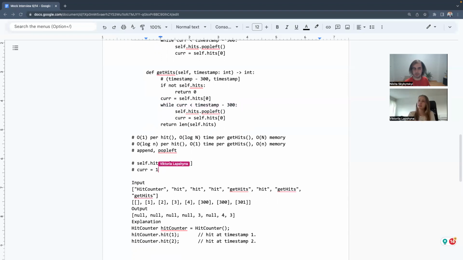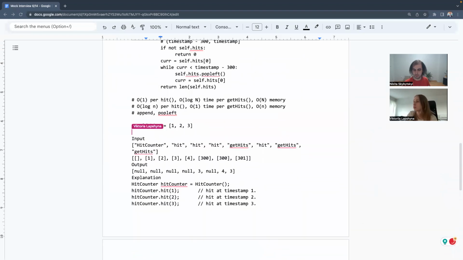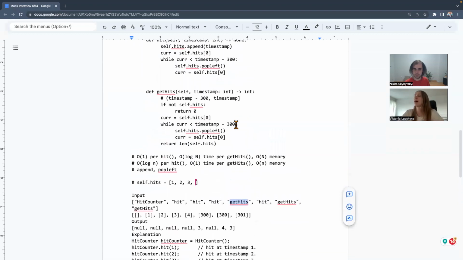We don't go inside. We return the length of hits, which is 3, and that's exactly what they expect us to do. Great. And we have not removed anything. Now we append 4. No, wait, we don't append 4. We don't append it.